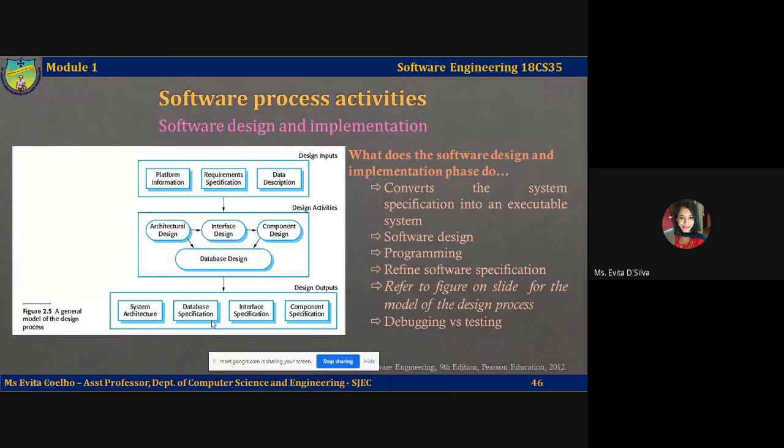Normally, programmers carry out some kind of testing of the code they have developed. This often reveals program defects that must be eliminated from the program. Let's know what is the difference between debugging and testing. Defect testing and debugging are different processes. Testing establishes the existence of defects. That is, when you test your software system, it shows whether the system is working fine or if there is a presence of defects. Debugging, on the other hand, is concerned with identifying and locating these defects or bugs and eliminating them from the code.